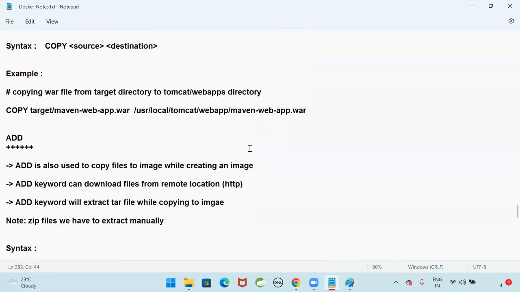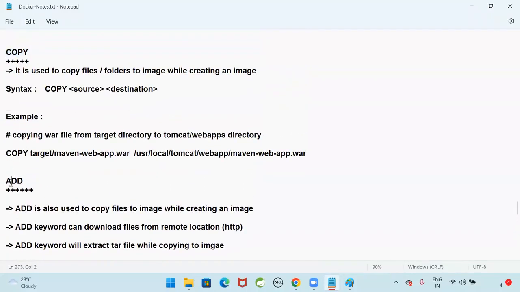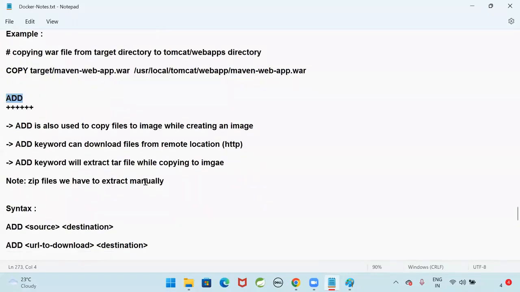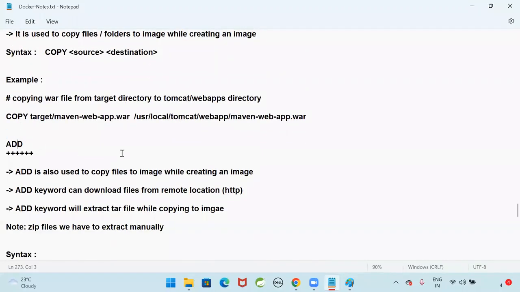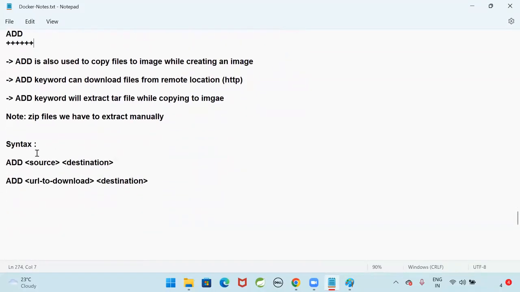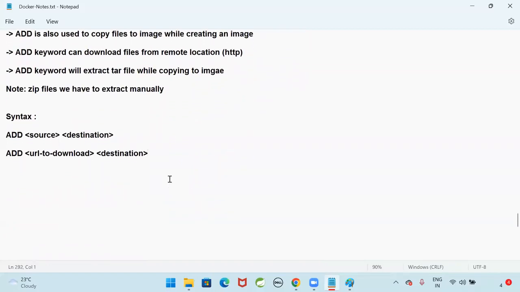Are you able to understand the purpose of the copy command and add command? Syntax, difference also you understood. What is the difference between copy and add? You know the difference, right? Copy is just from source to destination. Add command can download from the URL and paste it. Okay. Next one,